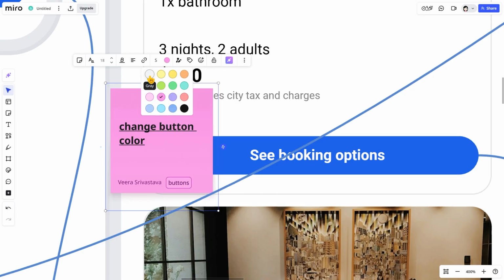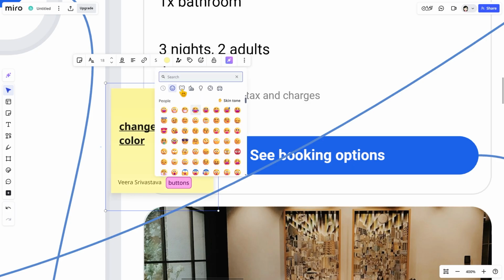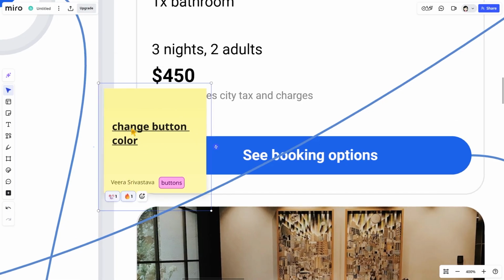Let's change the color of the note so that you can see the tag better too. This is super duper fun to do, you guys. You can add an emoji. This is by far one of the most fun things I love to do all the time. So if I like something, I can react to it with an emoji. You can do a thumbs up, fire, heart, all of the basic emoji reacts that almost all social platforms let